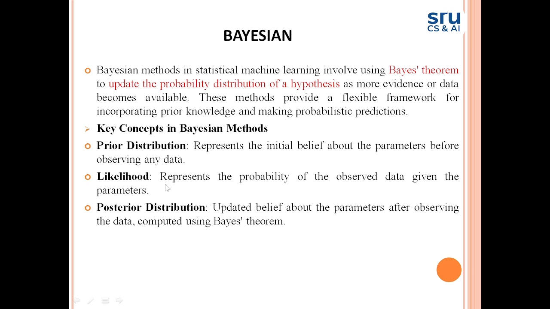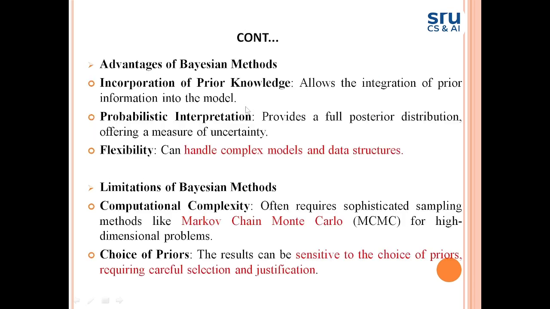Likelihood represents the probability of the observed data given the parameters. Posterior distribution updates the belief about parameters after observing the data, computed using Bayes theorem. What are the advantages of the Bayesian method? Incorporation of prior knowledge, probabilistic interpretation, flexibility. What are the limitations of the Bayesian model? Computationally complex and choice of